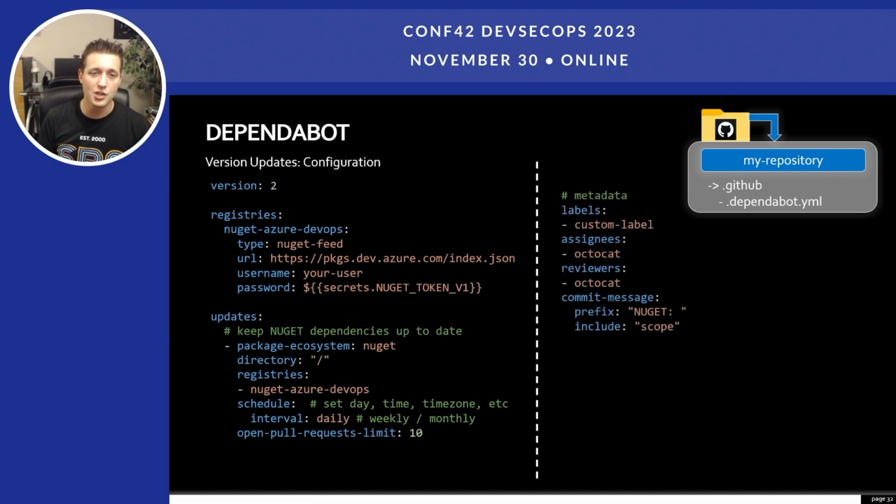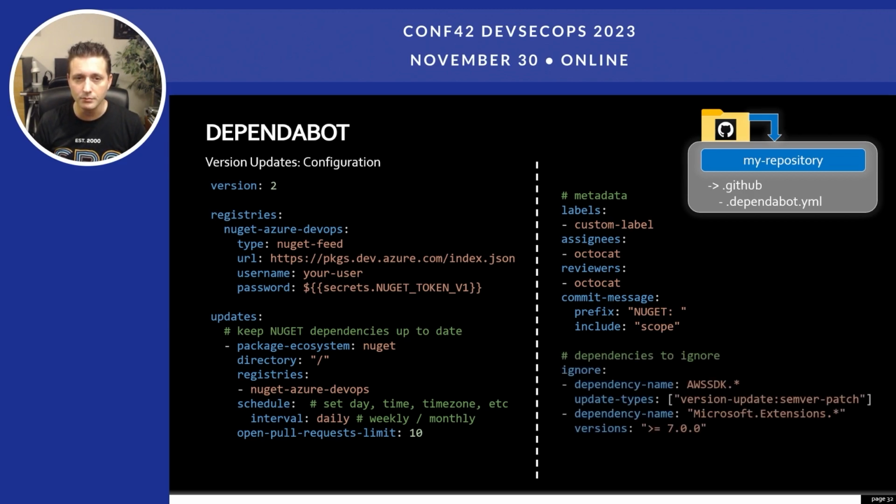You can also include additional metadata around custom labels, signees, reviewers, commit messages, lots of information you can explore for how you want to customize and piece together your workflow for how it creates pull requests. What's neat though is that you have the ability to ignore certain dependencies. In many cases, some of your packages are updated in